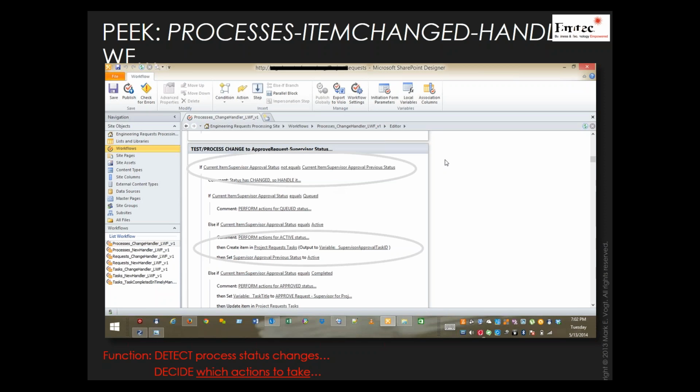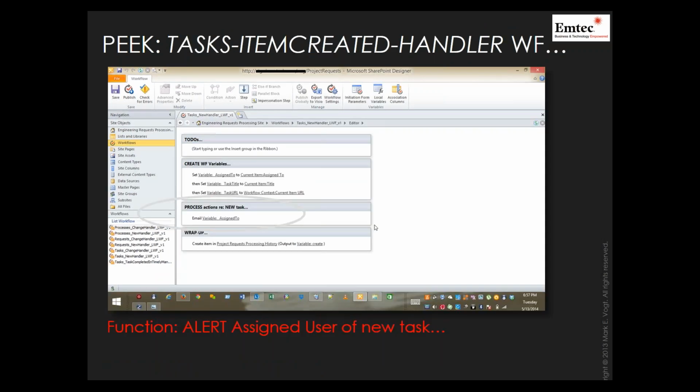So now I can go do all kinds of stuff inside here. I can go and update items in a table. I can send email messages out. I can delete records from a table. I can do anything I want because all I'm doing is reacting to an item changed event. It's that generic. This is just giving you guys some samples of what these actually look like. Here's an example of me sending out an alert via an email message. And it also sets up a nice structure that I want to share with you guys about SharePoint Designer workflows.